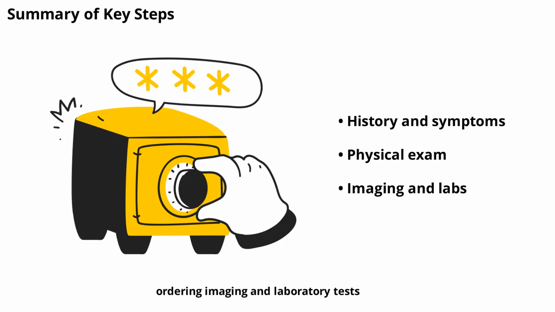To summarize, diagnosing osteoarthritis involves several key steps: taking a thorough patient history, assessing symptoms, performing a physical examination, ordering imaging and laboratory tests, and using clinical criteria to confirm the diagnosis. Each step plays a vital role in ensuring an accurate and timely diagnosis, which is the foundation for effective treatment